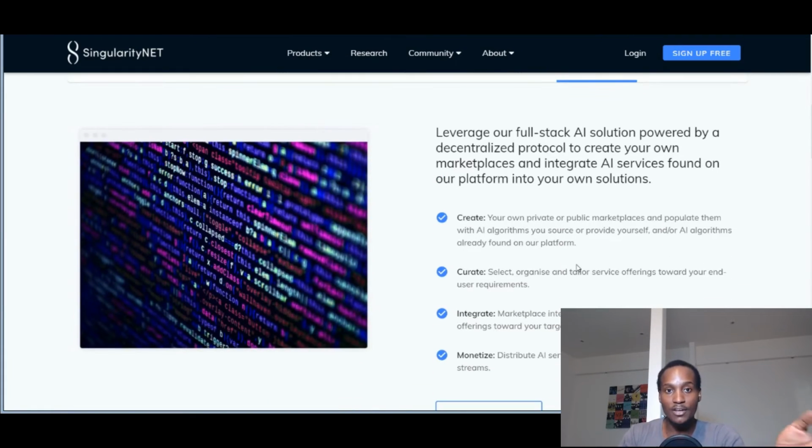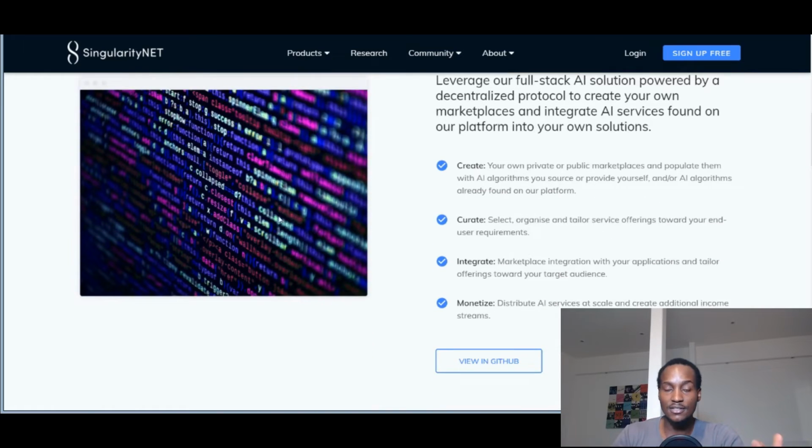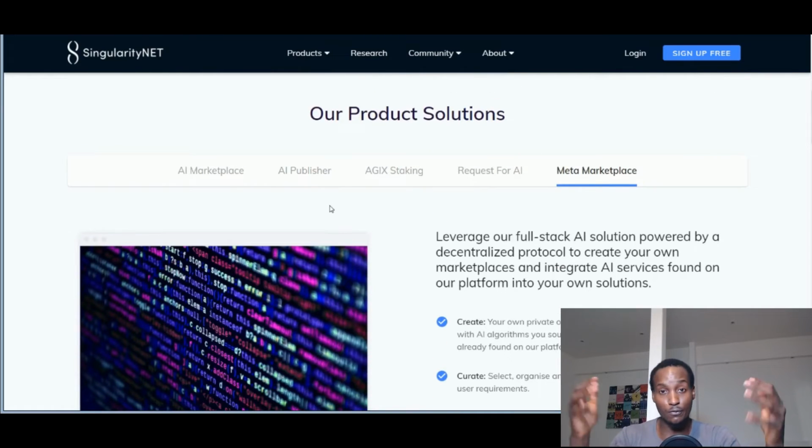Now the purpose of the Meta marketplace is, for example, in OpenSea, you can actually create your own marketplace. You can utilize their store, but you can also create your own store. There are also things like Shopify, so you can create your own drop shipping store. Similarly here, you can use their tools to create your own store that's organized in the way you want. It's utilizing these tools, but it's focused for your particular niche and what you need and your customer base. You change colors, whatever, everything is customized for what you need.